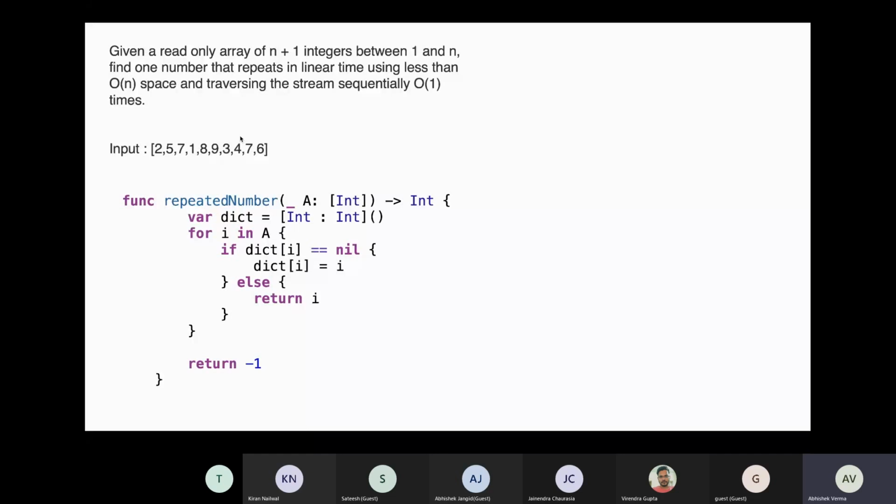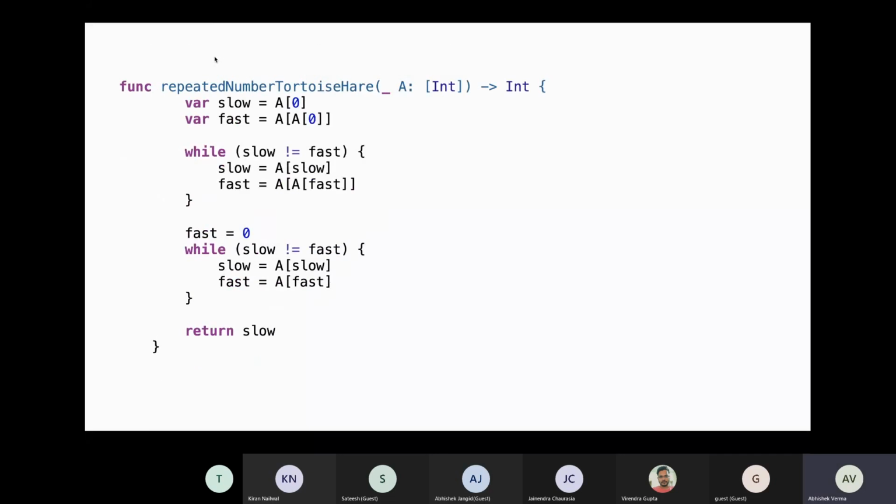ठीक है, तो now we have talked about multiple solutions. There is a constraint which says that this array is a read only array. अगर if this constraint was not there, that this array is not read only, there are other solutions also, like we can try for cyclic sort kind of thing, where we will be modifying the position based on index value itself. I haven't covered this considering the question statement, but in future maybe we will discuss that also.